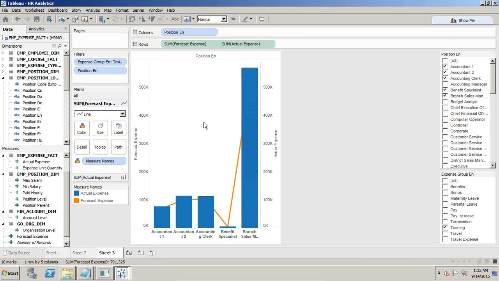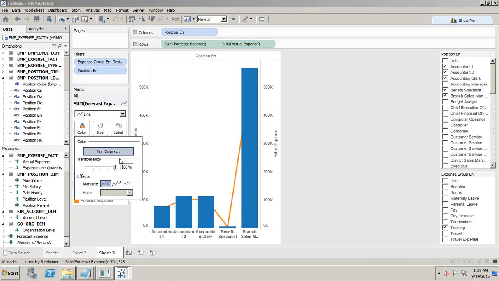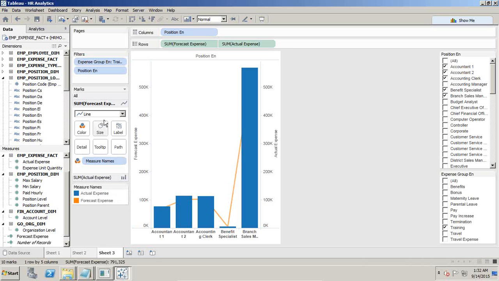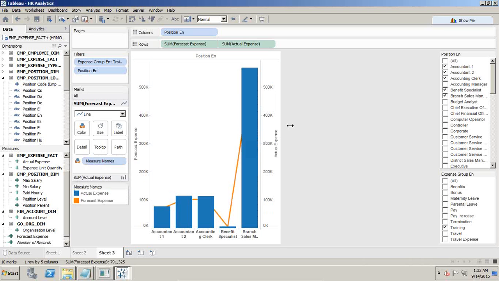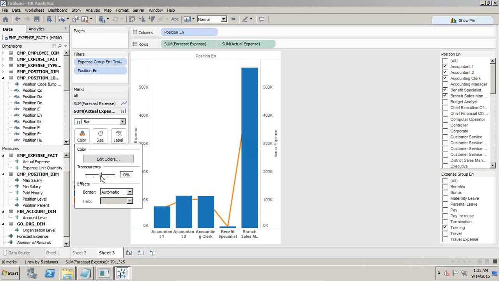If this happens, you can go to the color and decrease the transparency for your actual expenses, not for your line. So I increase it for the line but decrease it for my bar chart, so that because of transparency you can see the line chart and bar chart displayed together.